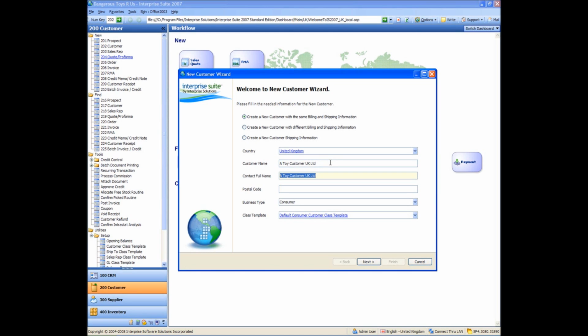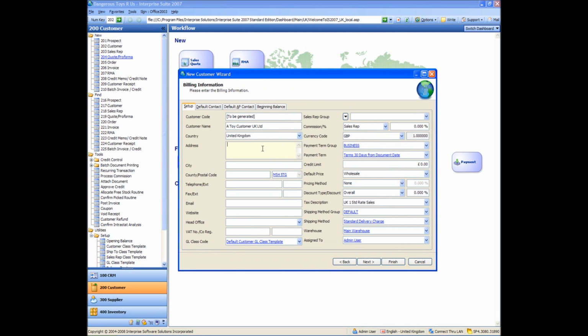Okay, and the contact for this is going to be Mr. A Toy. Again, we can enter our postcode in here if we wish to, or we could leave it and enter it on the next screen. And this is going to be a business one. So as soon as I change that, you've seen it select the business template. Okay, so if I click next, and I'm going to key in